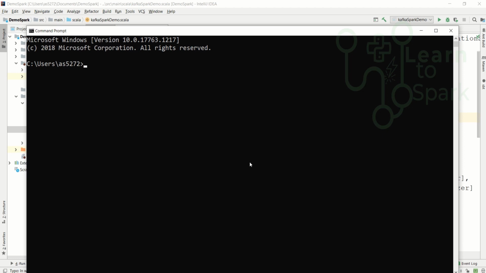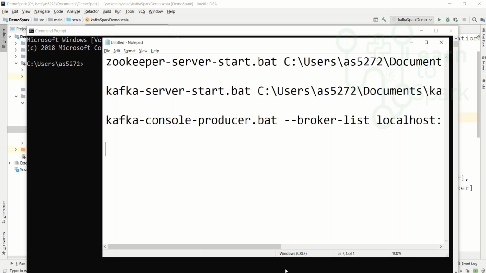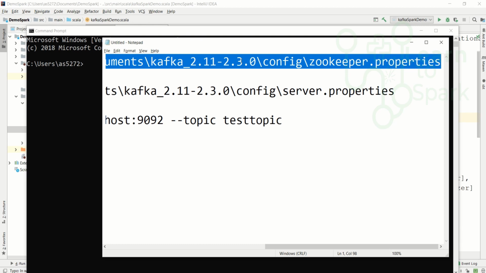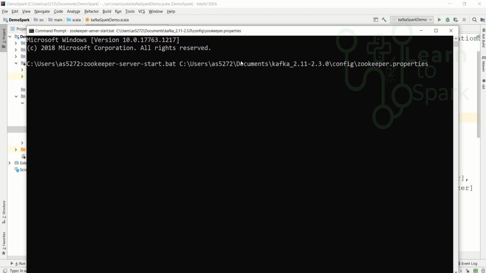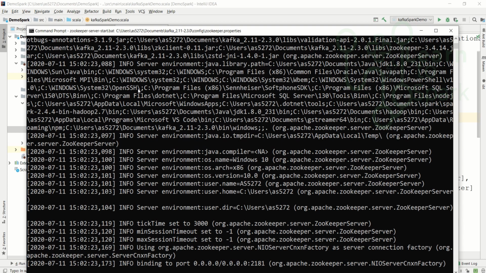Let us initiate our Zookeeper server. The command to initiate our Zookeeper server, I have given it in our last video. Please have a look into it. For now I am executing this directly. Our server got initiated and it is bound to the port 2181.